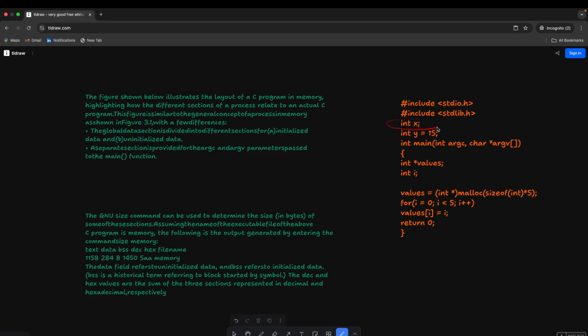Now this is an uninitialized variable, so this will go in the data section of our segment. Even in the data segment there will be two parts: the initialized data and the non-initialized data. So this will be present in the non-initialized part, and this will be present in the initialized part.